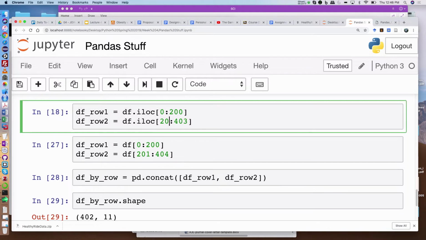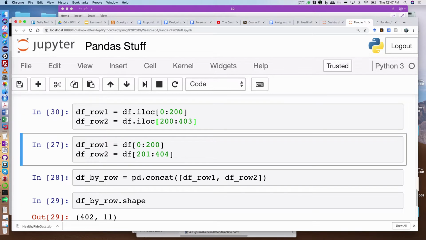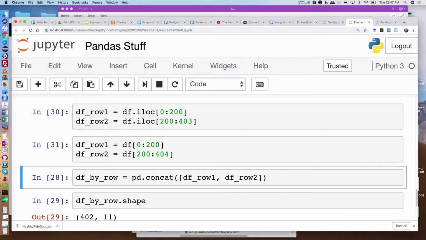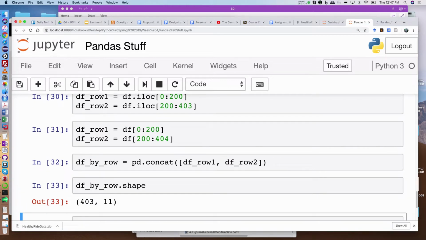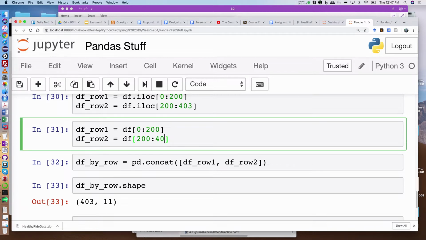Yeah, it should be this, because 200 is exclusive. Oh, wait, sorry, right here. There we go. I'm actually surprised that this worked, because it should have thrown an error saying that there's no 404 index, but